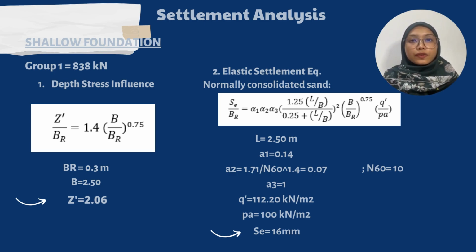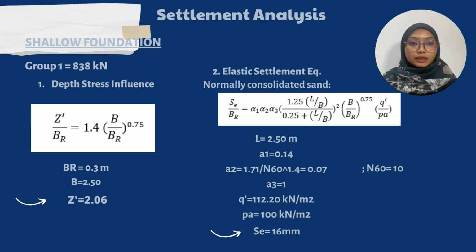After that, we need to find the elastic settlement by using the formula given below. For this study, it is a normally consolidated sand. So with L equal to 2.50 meter, alpha 1 is 0.14, and alpha 2, by using the formula given, is 1.71 over N60 to the power of 1.4. N60 that we use is 10. And alpha 3 is equal to 1, and Q prime is equal to Q net. So the value is